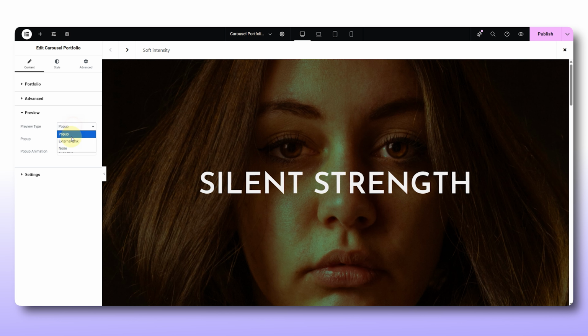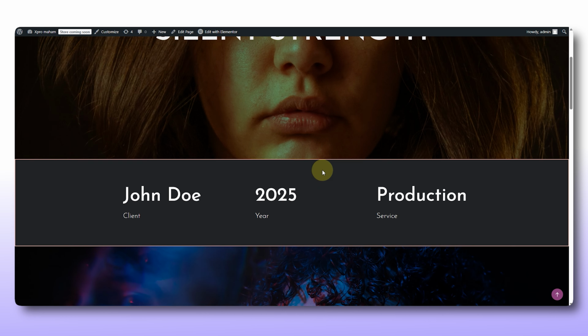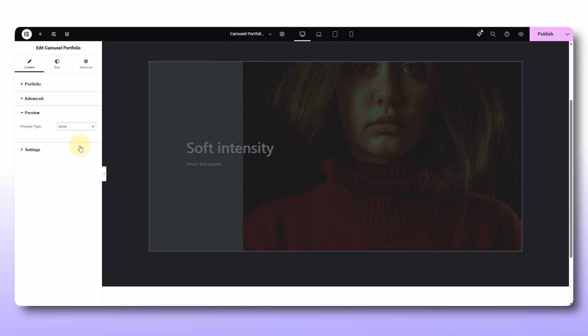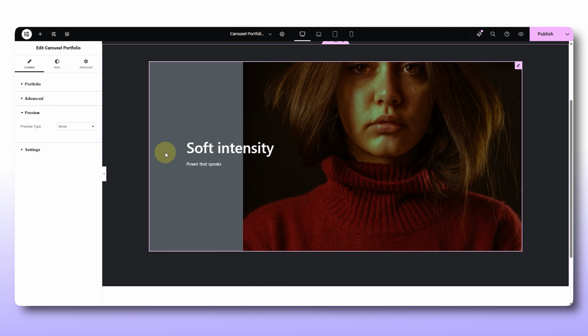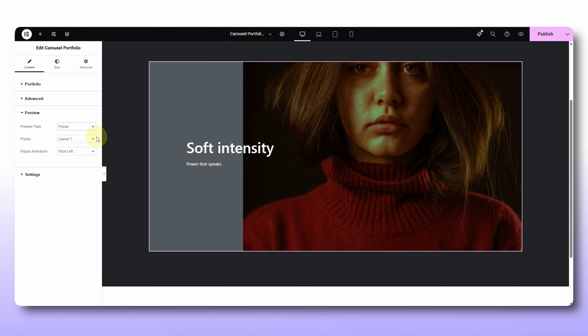Then the external link, clicking this takes the user to a separate page outside the site. Then none means nothing will happen when clicked. Pick whatever works best for your portfolio flow. Personally, I like using the pop-up option. And once you choose pop-up, you will see a bunch of extra settings show up, all for customizing your pop-up